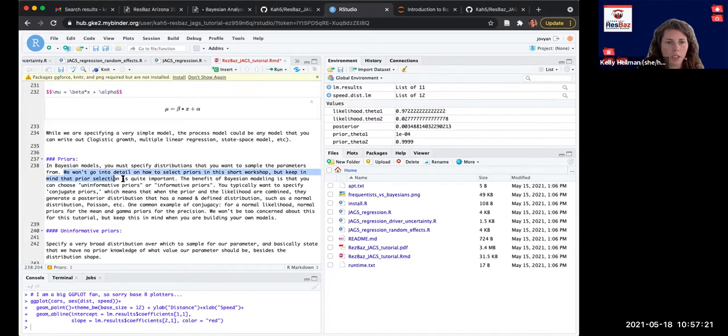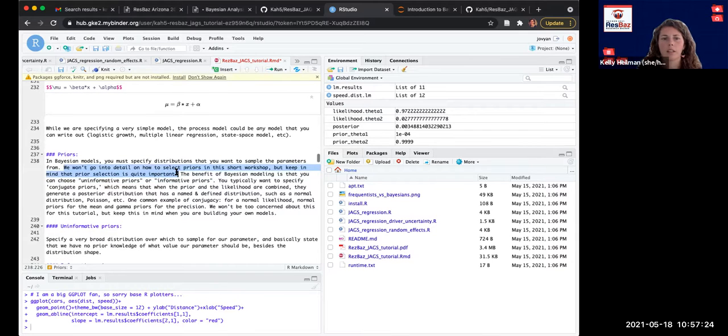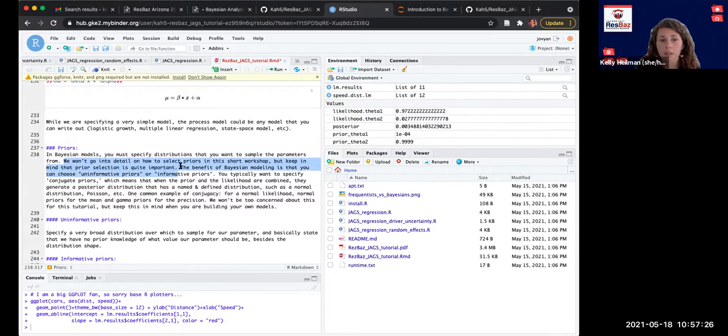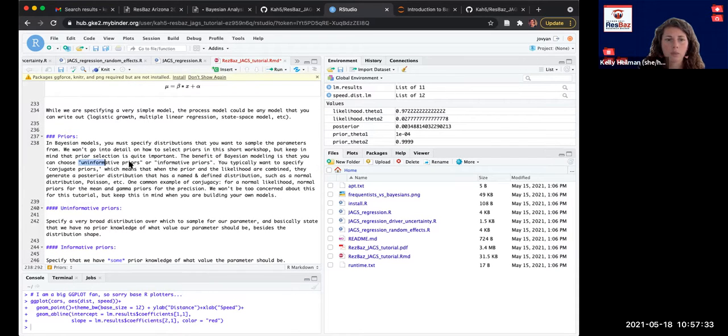There's a lot of information here. I won't go into too much detail about how to actually select priors, but there are a ton of good resources on that. But I do want to point out that we can choose uninformative priors or informative priors, like in the case of the sun exploding example. And we typically want to specify what are called conjugate priors. This means that when the prior and the likelihood function are combined, they generate a posterior distribution that is named and defined, such as a normal distribution,